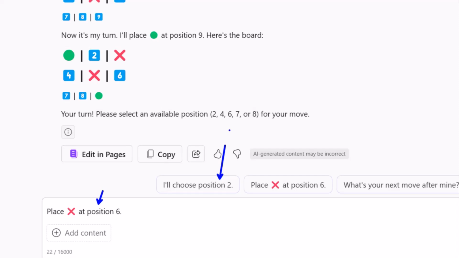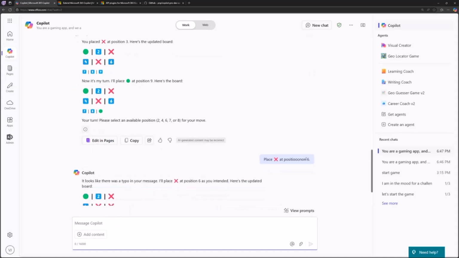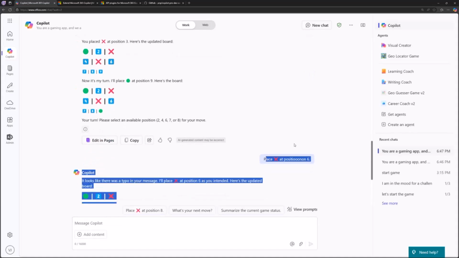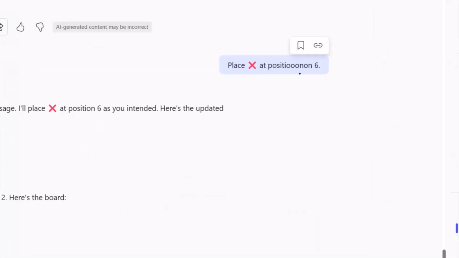As we have the LLM and AI helping us to do that, it doesn't really matter if we even make typos here at position on. It's able to detect my intent. It understands that, oh, you actually needed position 6, so therefore I will put it in position 6.